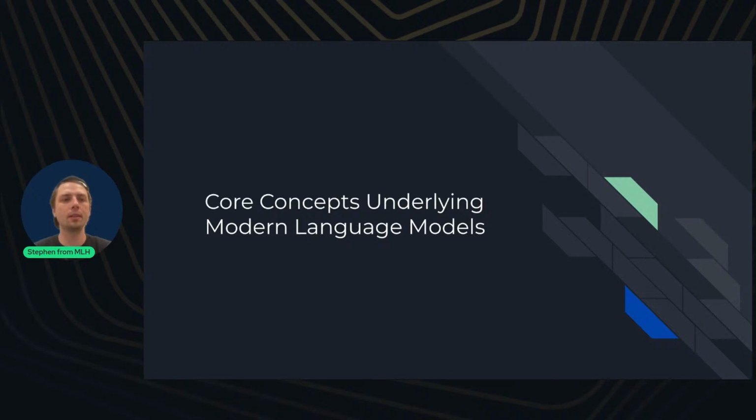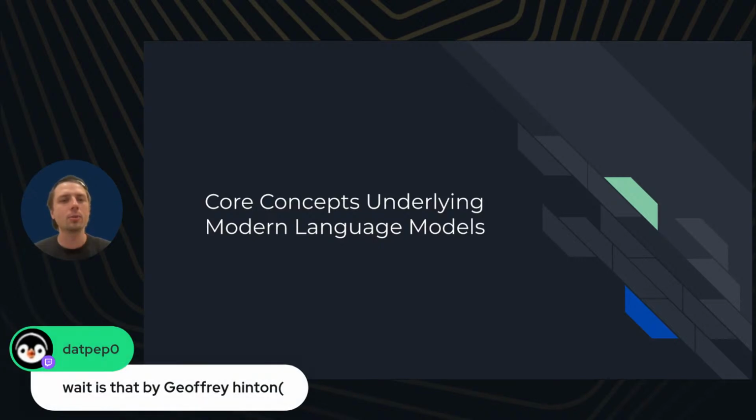Geoffrey Hinton, I don't believe he was one of the authors of that paper. Don't quote me on that. But Geoffrey Hinton was one of these early researchers working on neural networks. So he would have known about all of these different types of neural networks, not just transformers, but yeah.